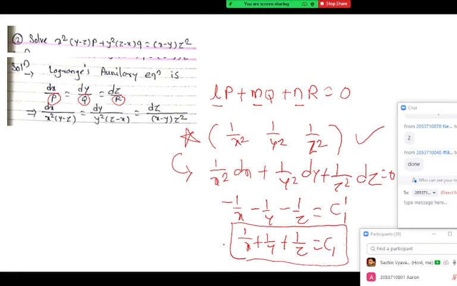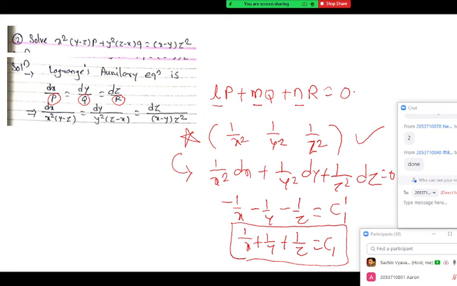Can you tell me one similar multiplier? There are similar multipliers which again give us LP plus MQ plus NR as 0. So this example can be done only with the help of multipliers. That's a simple thing actually. Any other multiplier, which when you multiply to the P, Q, R, the sum is coming 0? Multiply all by 0? No, zero cannot be a multiplier. Zero cannot, because it doesn't give us a solution.